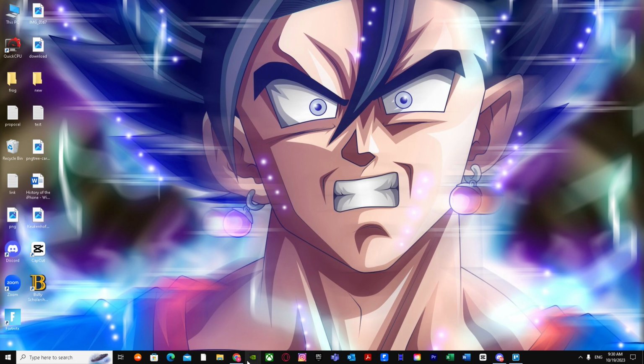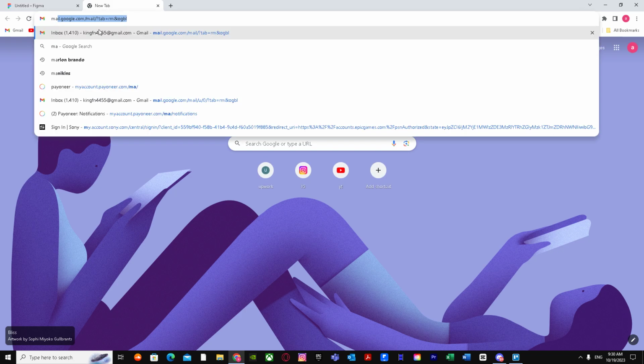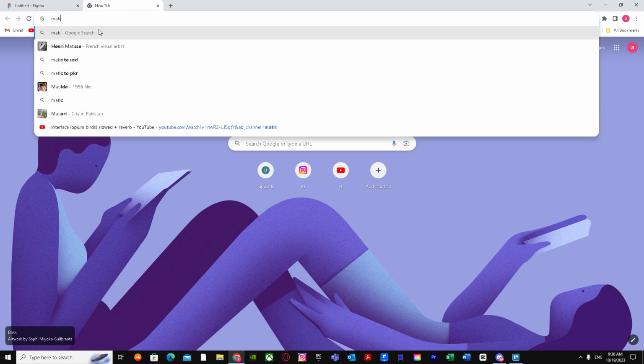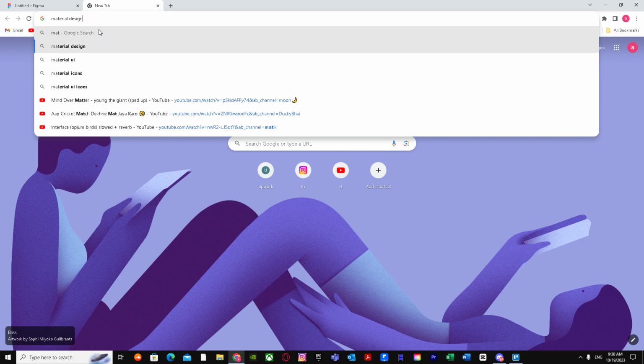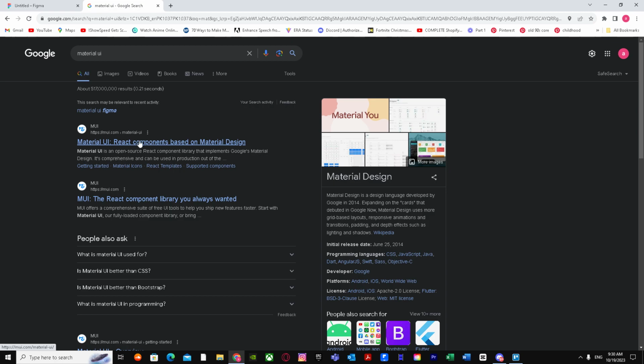So first of all, go to your favorite web browser, and as you all can see, I've already opened Figma. So how do I get the colors? First of all, you go and search up material UI. So there we have it, material UI. So I'm just going to go over here,